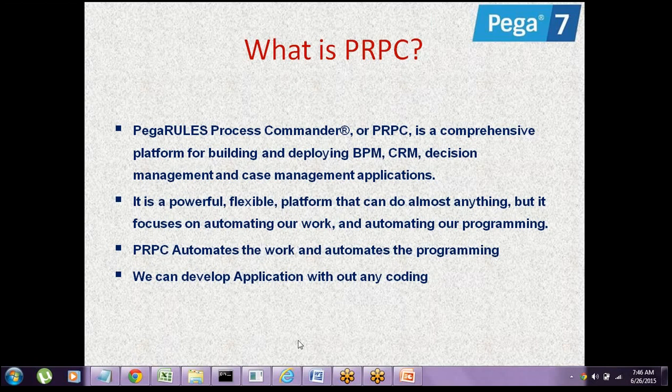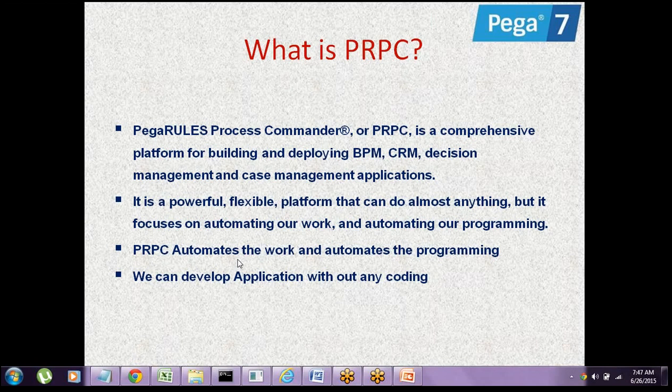Whatever you are doing, it automates the work and automates the programming. Another thing is that in Pega PRPC there is no need to write any code. Without writing a single line of code, we can develop the total web application. For example, take a banking application, some Citibank.